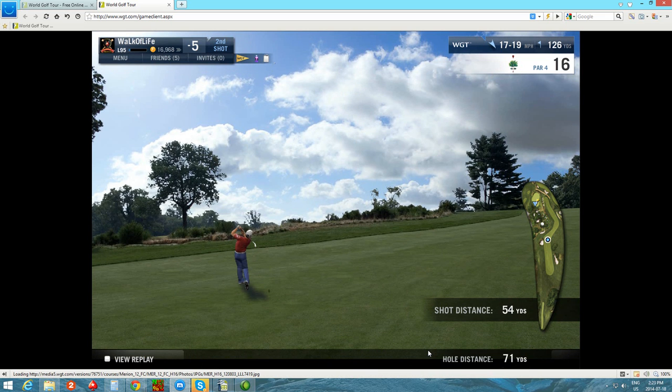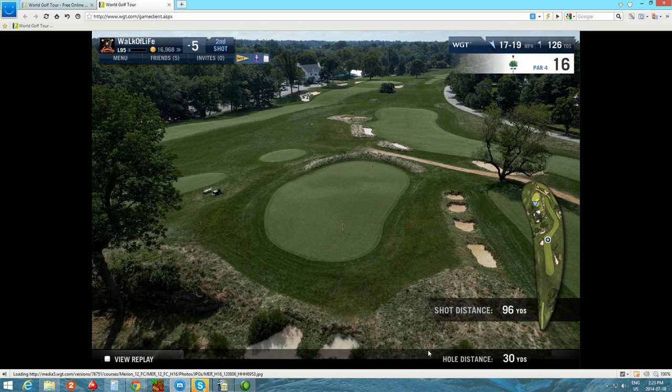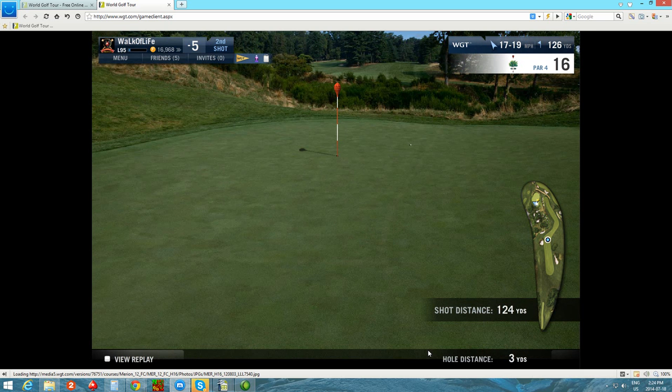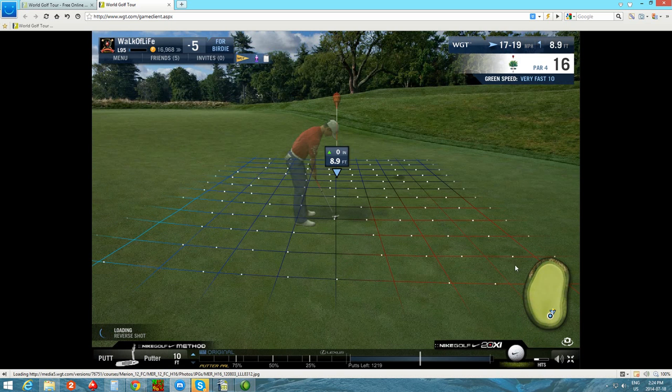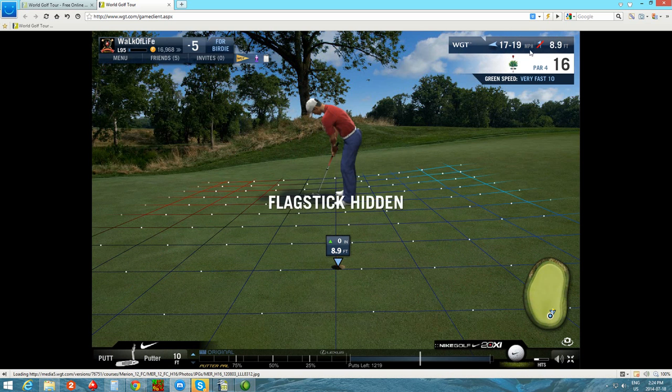Wow, early again. Can't even fluke a ding. There's the release I wanted. That was, eh. If I dinged it, it probably would have been a little bit better distance-wise, but that's acceptable anyway. That distance is. The line isn't, obviously, but